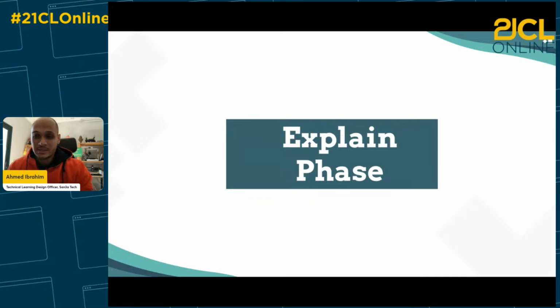And in the explain phase, the students watch the explanation that got introduced by the teacher and apply it with the teacher in a very simple game to show the new programming concept in action. Let me show you that in an